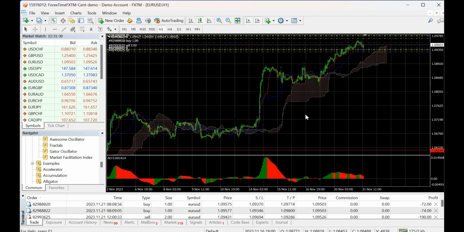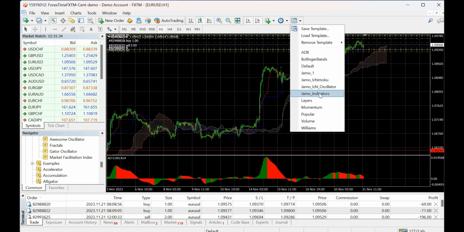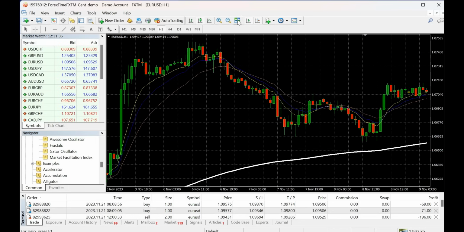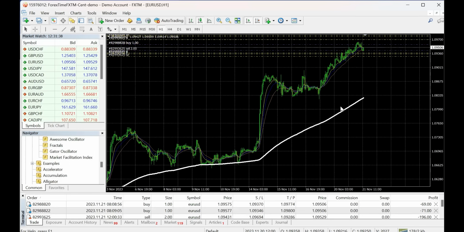But for the moving average, why I find it easy to use is because of this. On the moving average, you see this white line. It plays a very important role for me, in the sense that at the point when this was around here,